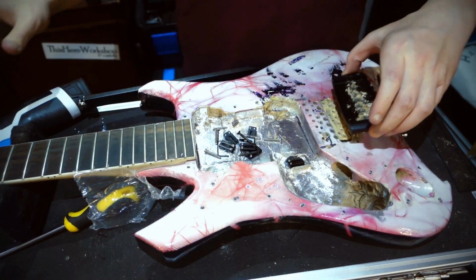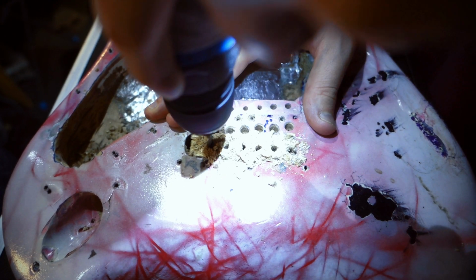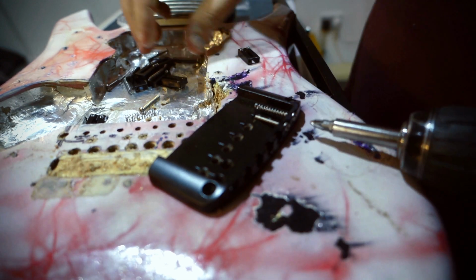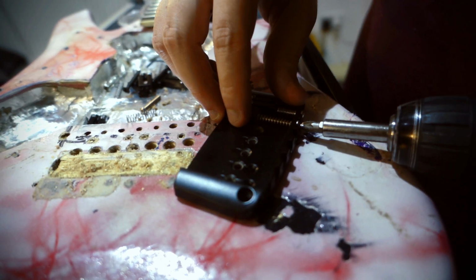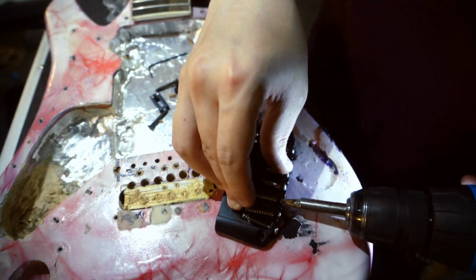improve string removability. I was also blown away by how smooth adjusting the intonation was on this, especially under tension, compared to the previous one, which was a lot harder to adjust even without the strings being on. I had to adjust a couple more times after I finished putting on the electronics. It was the right distance but not quite in the middle, but after all that, it was as good as it